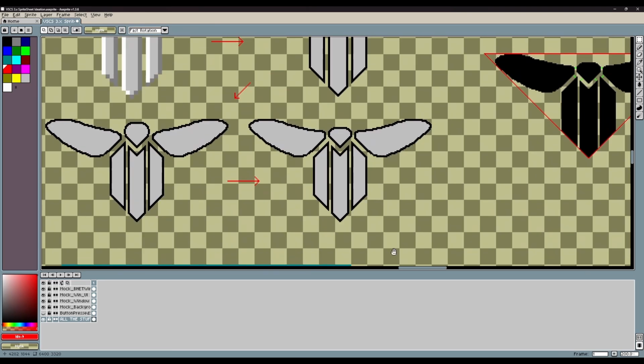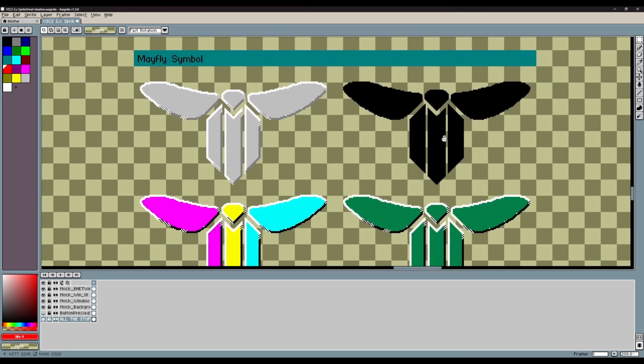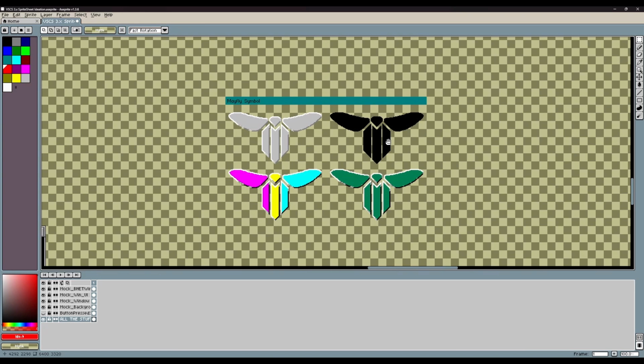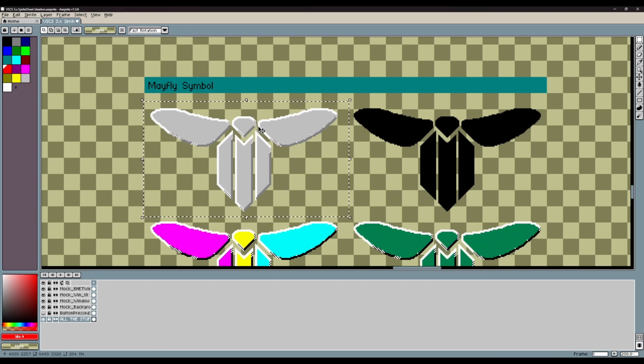I've shown you the silhouette, and this is actually not the final version because I added quite a bit more. These are, at time of recording, the final or current iterations of the Mayfly symbol, which is going to be very crucial to the game, as I mentioned. So the silhouette, I think, is very, very strong. The spacing's very strong. I've given it some dithering and highlights and lowlights, so it's always got that top left lighting, which I've mentioned before, which fits with everything else in the game.